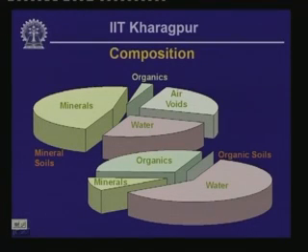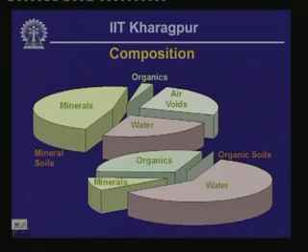Now, a typical composition of soil is shown on this particular slide here, and we have considered two examples here. One is a mineral soil. Mineral soil would be roughly 25% water, 25% air voids, and 25% solids. And as I indicated, the solids could include inorganic minerals, or organics like